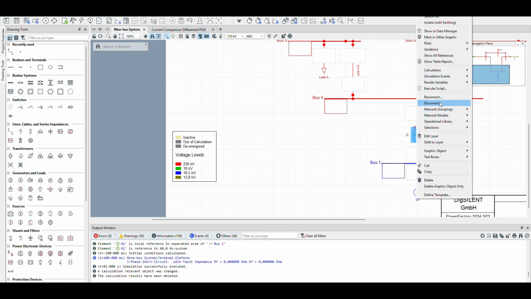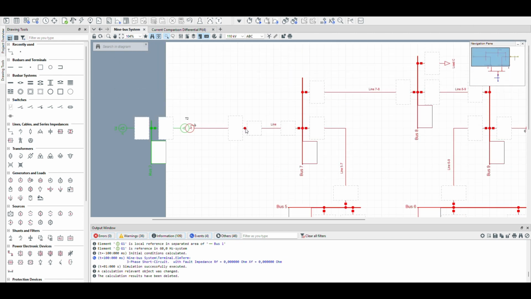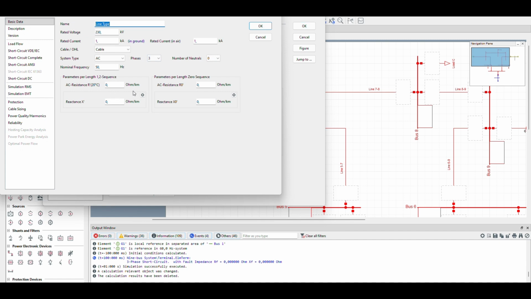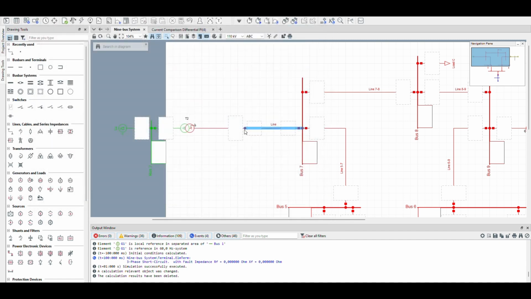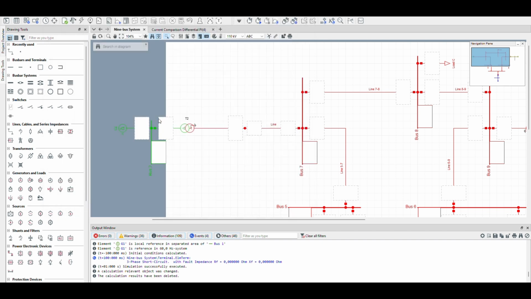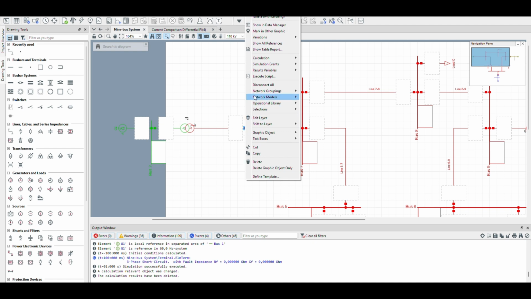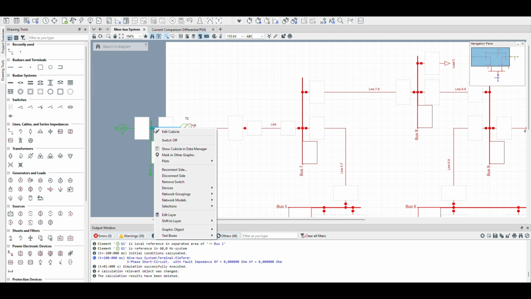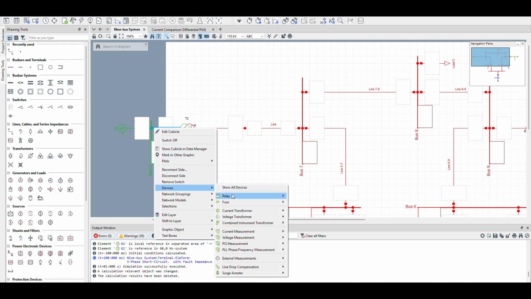You can disconnect, add one node, and then one small line here. For example, I added a 10-meter line without any values, and one node here with the same voltage, 230, and then you're done. Then later, if you want to test whether you have some internal faults and whether there is an operation by the relay or not, you can do that. For adding the relay, right click here,